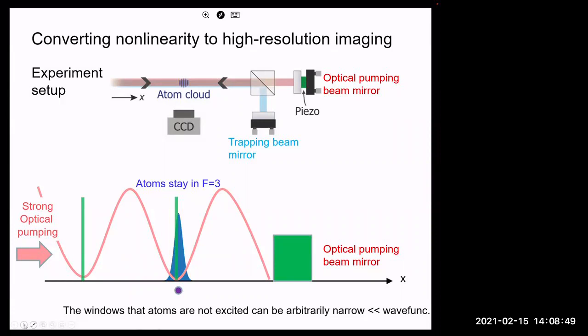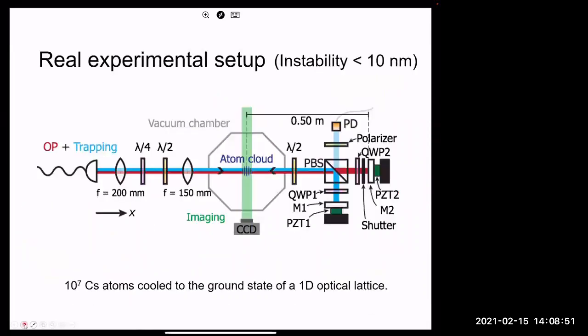how can we possibly get well below wavelengths. All right, but for the people who are interested in the experiment, this is a more